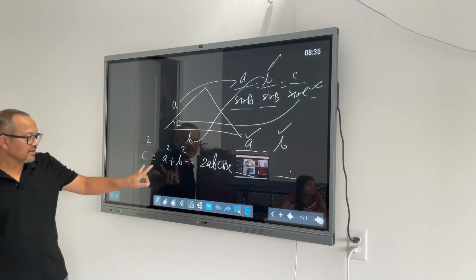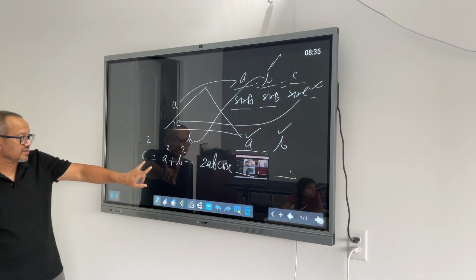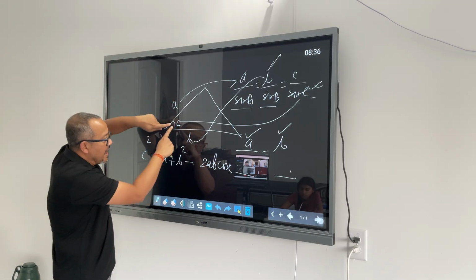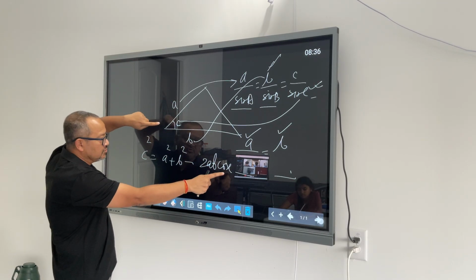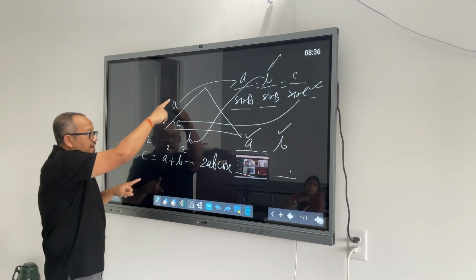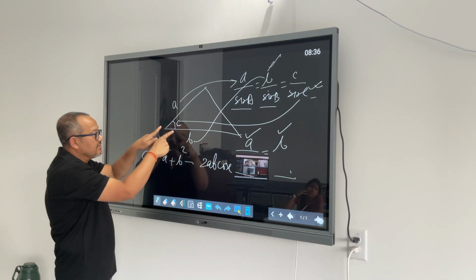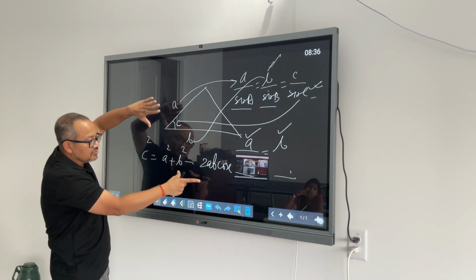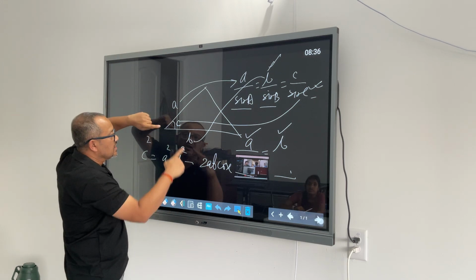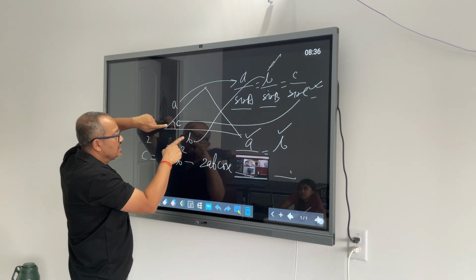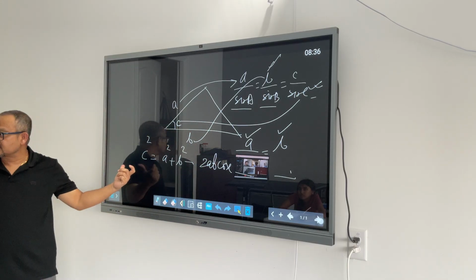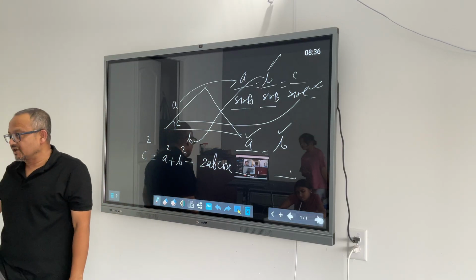So here it establishes that relationship. It says if you have two sides known to you and the angle between the two sides known to you, then you can find out the third side. So this side and this side known to you and the angle between them known to you, then you can use the law of cosine which says A square plus B square minus 2 times AB into cos of the angle between the two sides will be equal to C square. This is your law of cosine.